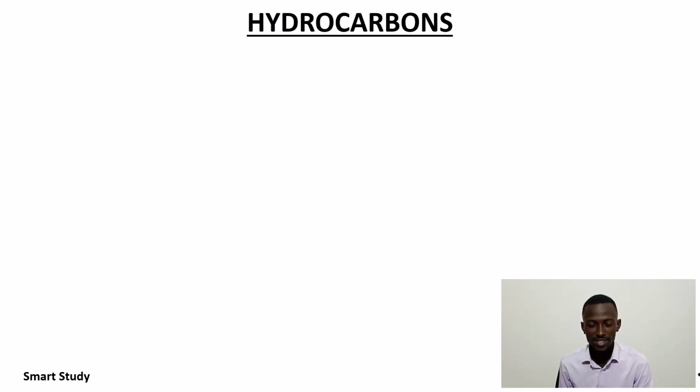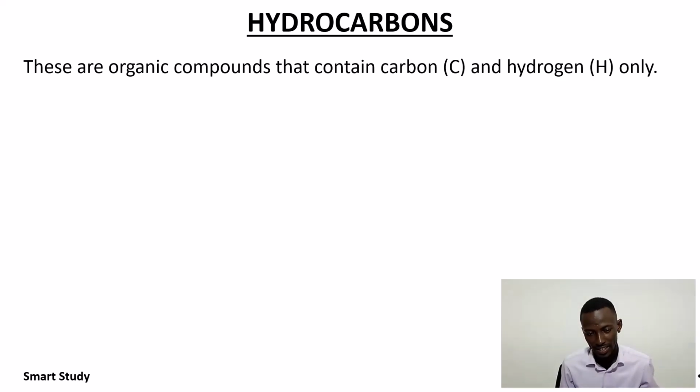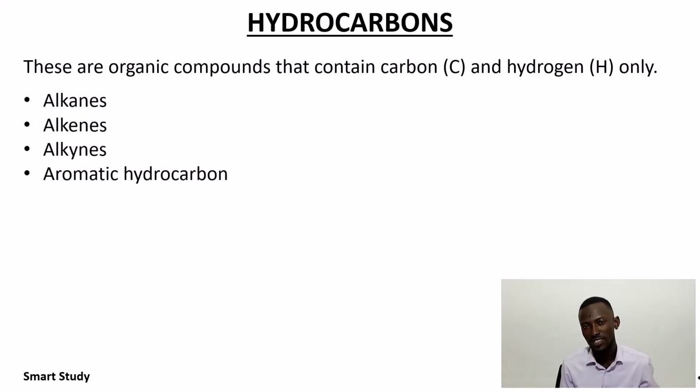Hydrocarbons. Hydrocarbons are basically organic compounds that contain carbon and hydrogen only. Carbon and hydrogen are the only two atoms present in hydrocarbons. And all the hydrocarbons that exist in nature can be grouped into four. We have alkanes, alkenes, alkynes, and aromatic hydrocarbons. For the alkanes,